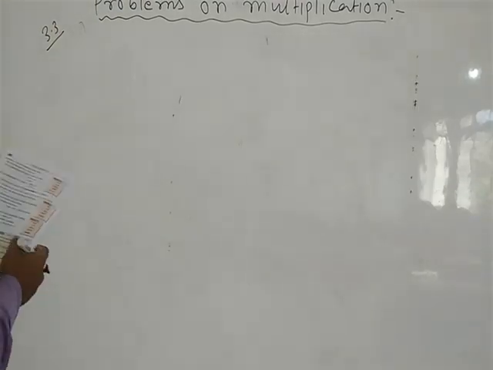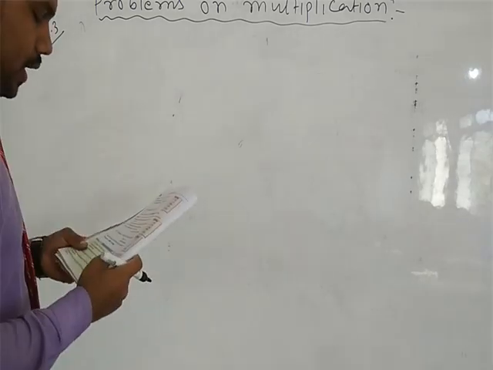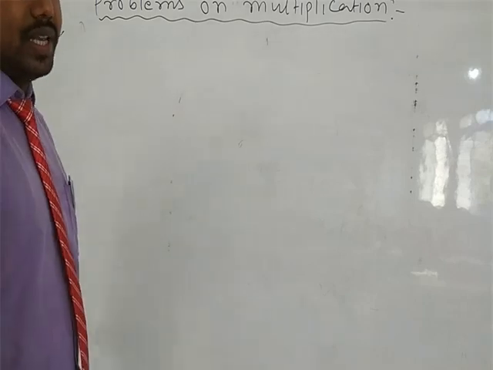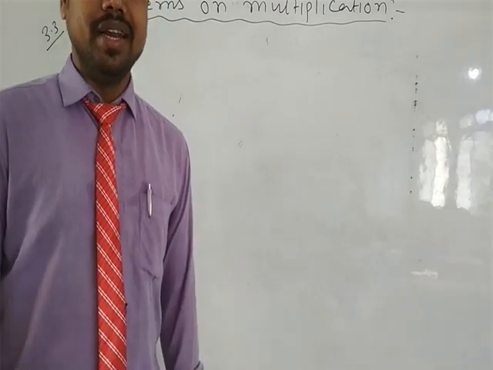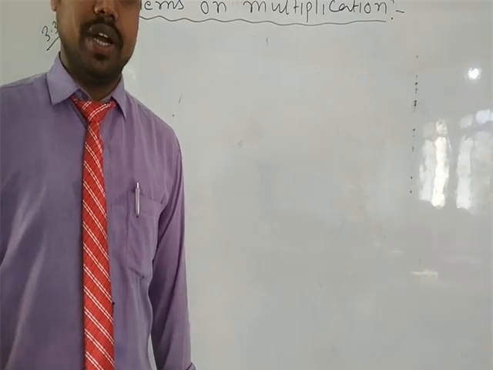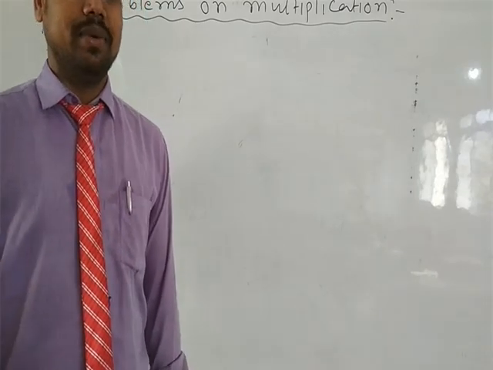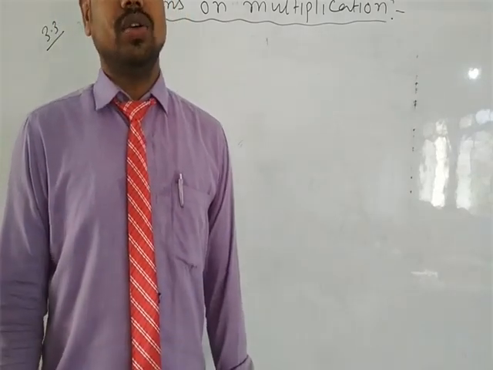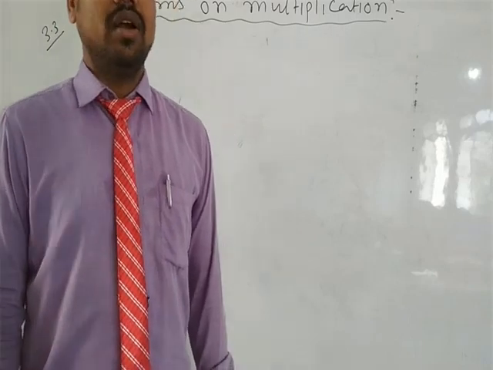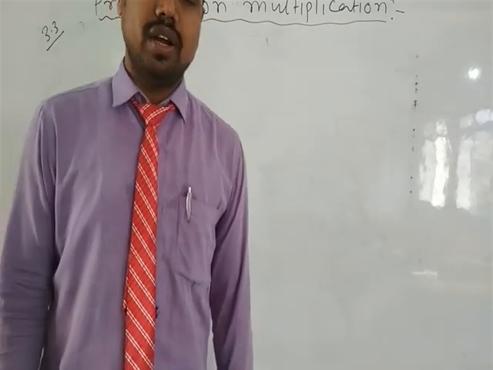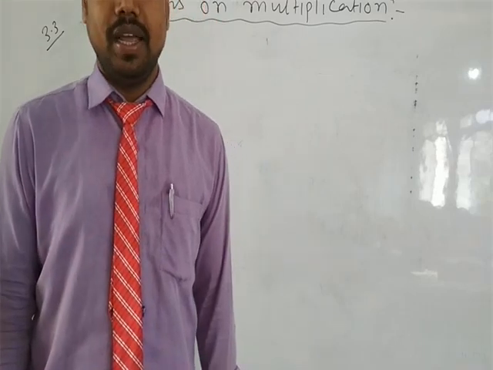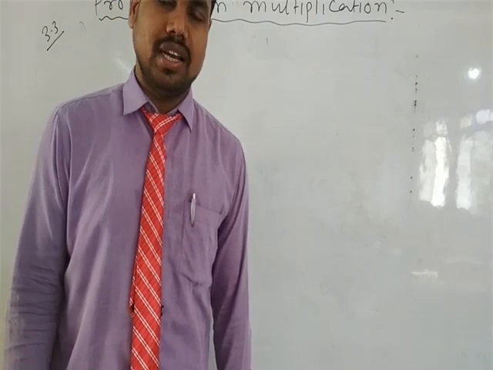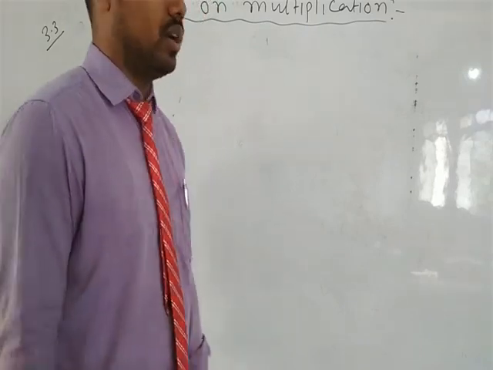Next question is Sita types this much word per minute, and how many words does she type in 2 hours and 20 minutes? So it is given for 1 minute and you have to find for 2 hours and 20 minutes. So there are several ways. Mathematics is not like that you have to find in a single method. So first method, you can convert that hours into minutes and multiply. Another method, you can find for 1 hour and then add also. That will be difficult, so try to convert first into minutes.